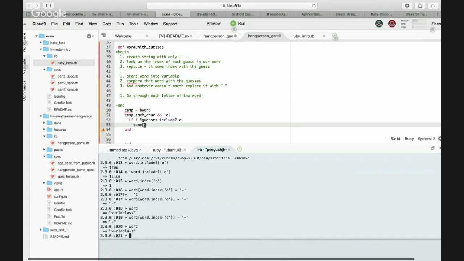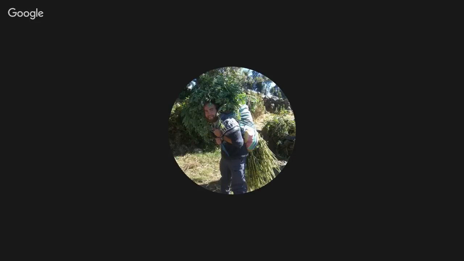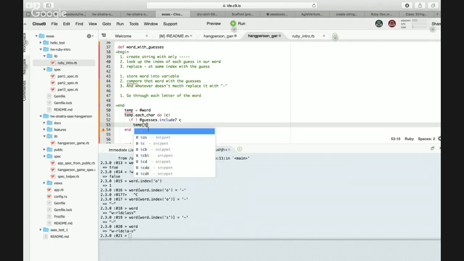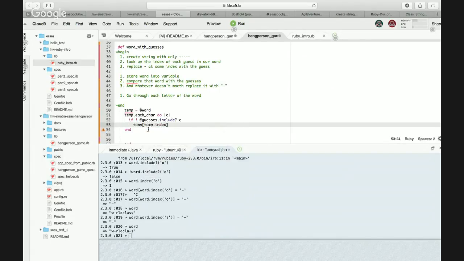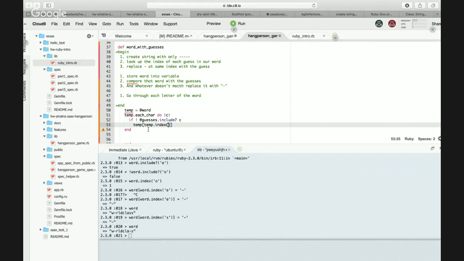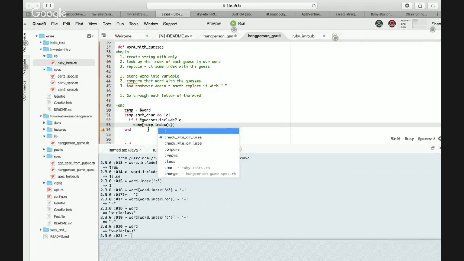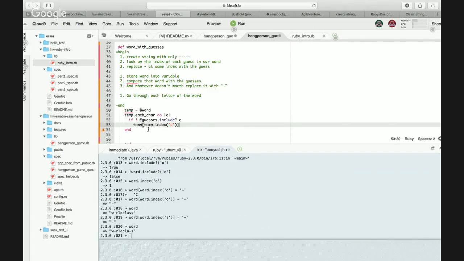It should work. Dot index of C. Equals. Right.